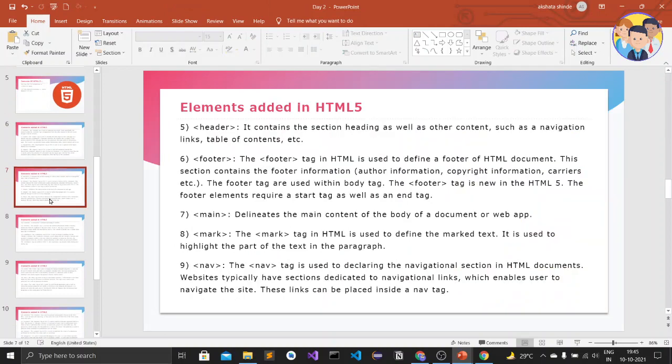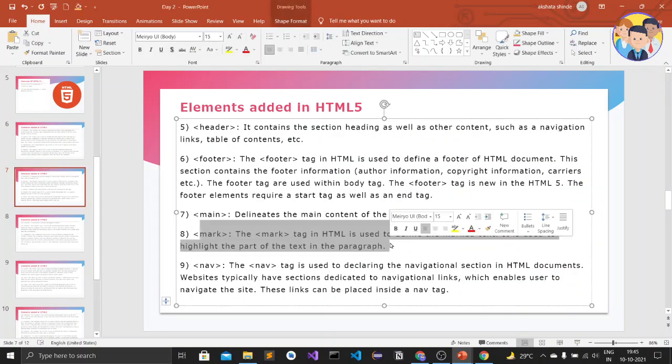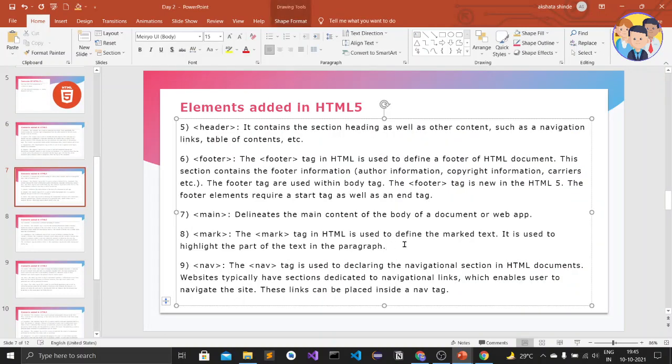And the mark element just highlights the text. It highlights the content between the mark element. An element has a closing tag and also an opening tag, that we'll see tomorrow, and it also has the content between them. Means the opening tag, then content, then closing tag. So the content between the mark tags is highlighted.